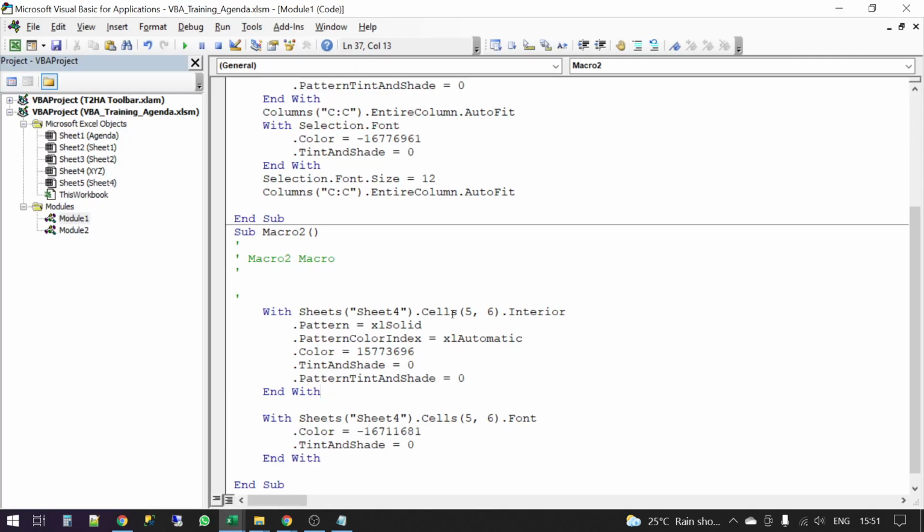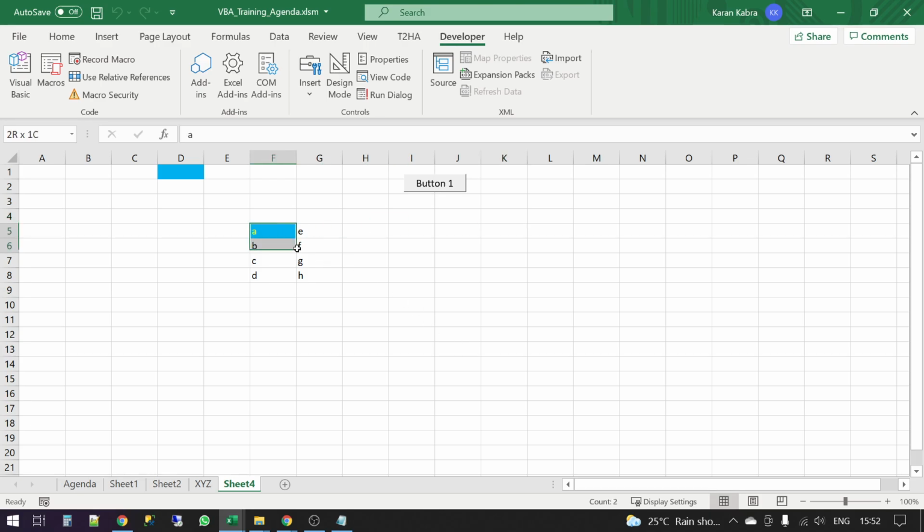So I have told you something regarding performing an action on one cell. If you have to perform an action on a number of cells, what you can do is use Range. If I want to perform the same action on all of these cells, this is cell F5, this is cell G8.